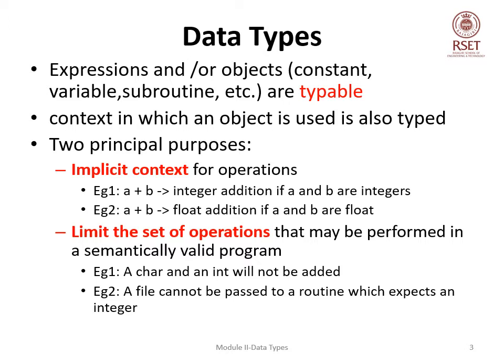The first one is implicit context for operations. If you have two numbers a and b, a plus b would indicate an integer addition if a and b were integers, and a plus b would be a float addition if a and b were float. And it limits the set of operations that may be performed in a valid program. For example, you cannot add an integer to a character or integer to a string. Okay, a plus b is only for numbers, and a and b must strictly be integers or strictly be float